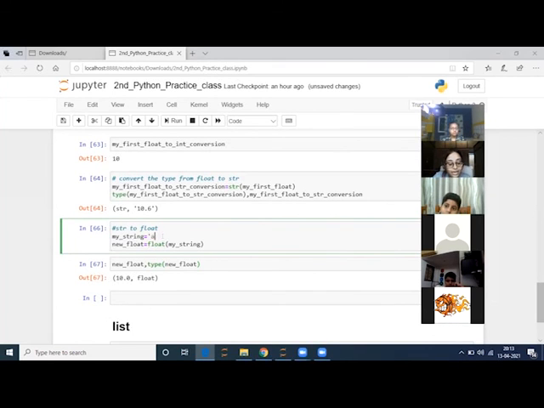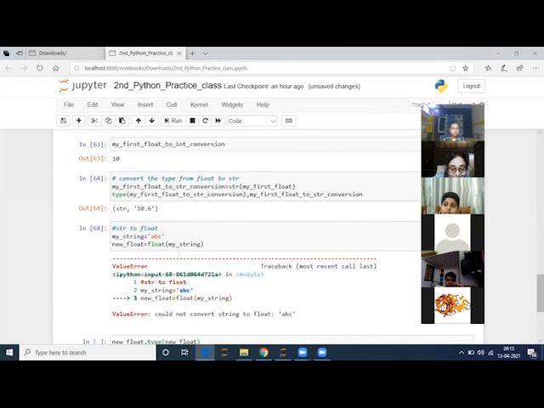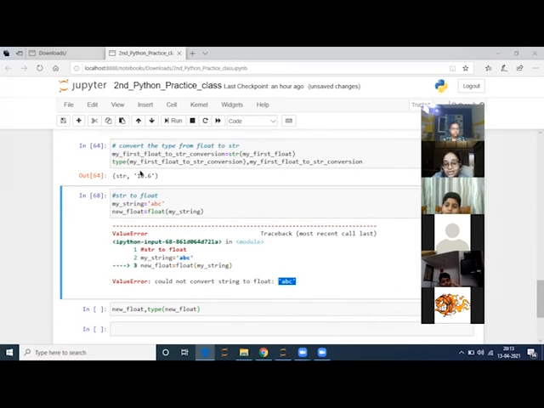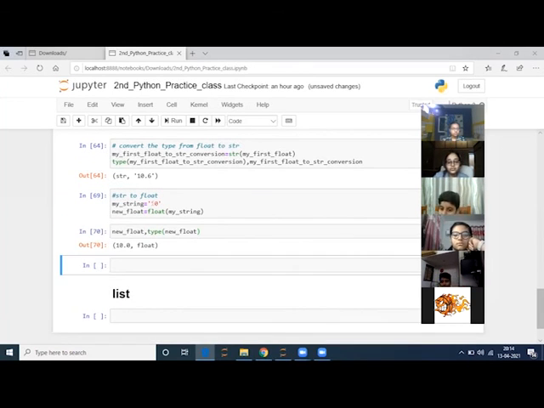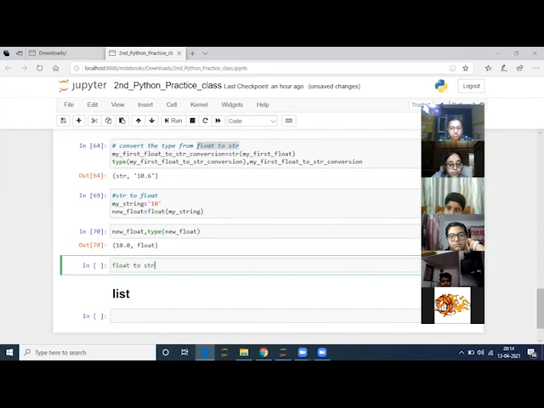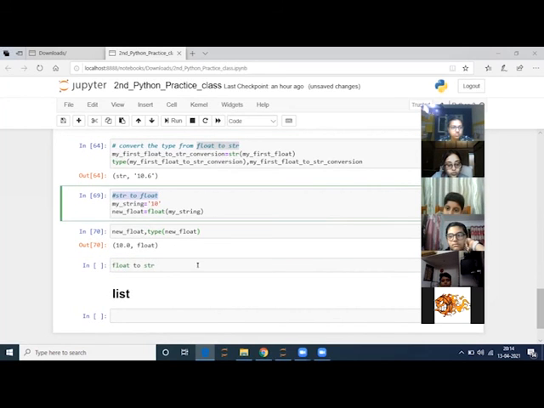But if I put something like ABC, how would it work? It will give an error, right? It is saying we can't convert this ABC to float. That is not practical. This part is clear, this is how we are converting. So what we have learned here is float to string, then string to float.